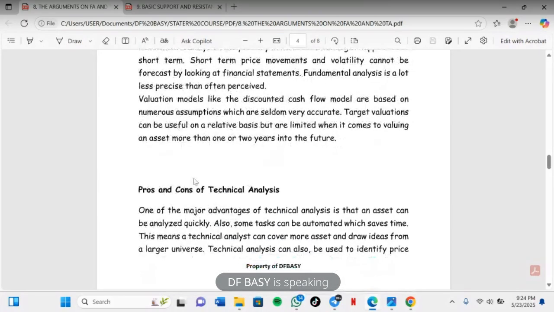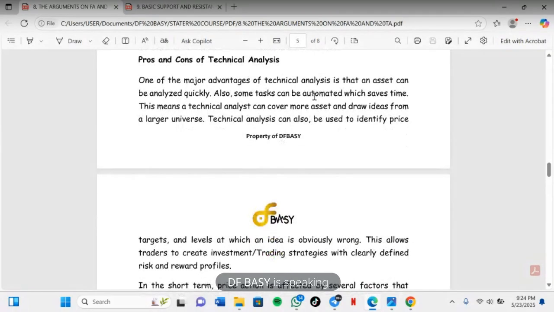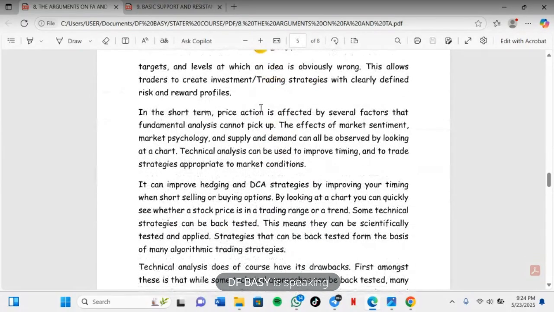So, pros and cons of TA. One major advantage of technical analysis is that an asset can be analyzed quickly. Also, some tasks can be automated, which saves time. This means a technical analyst can cover more assets and draw ideas from a larger universe. Technical analysis can also be used to identify price targets and levels at which an idea is obviously